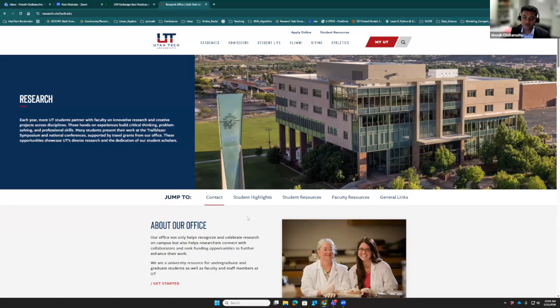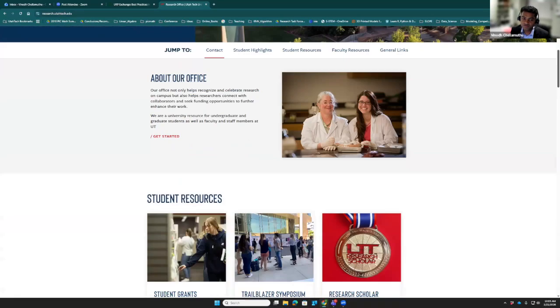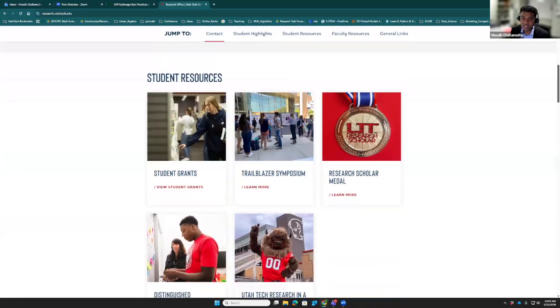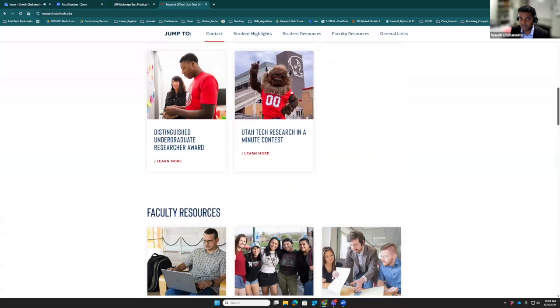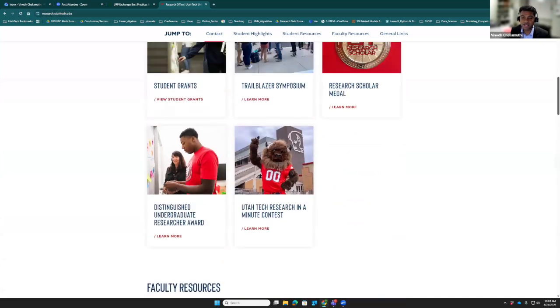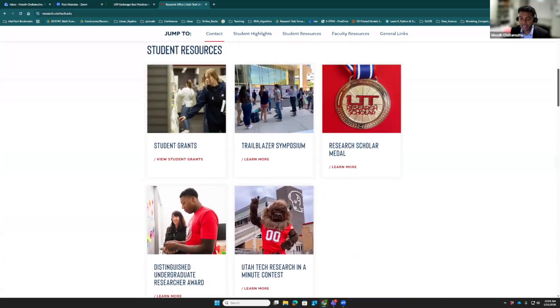So the first thing we said was, let's put in the top line what the things are. We separate out student resources and faculty resources. In that way, it's very easy for students and faculty to go to what they need within their bucket. That's our first idea. Then we asked, what are the programmatic items we're doing in the student buckets? We figured out we're doing five really primary pieces. Let's make each of those a bucket within the student